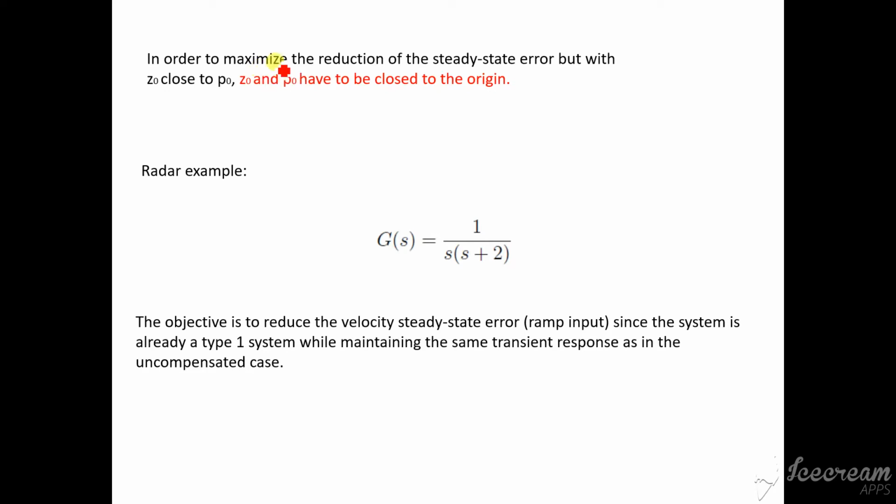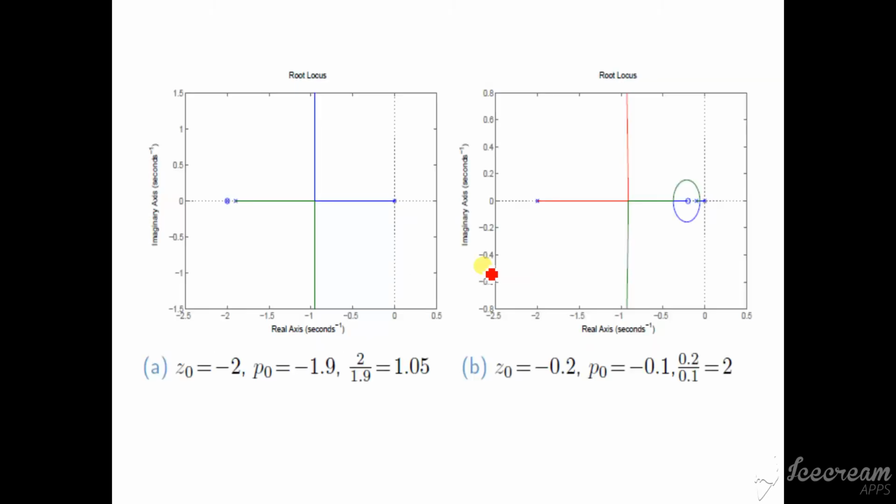In order to maximize the reduction of the steady state error, with ZO close to PO, ZO and PO have to be close to the origin. Then you can say you maximize the reduction of the steady state error. For example, if you have a G(s) system of the radar, 1 over s(s plus 2), if you put the